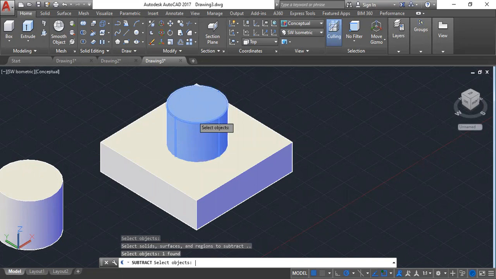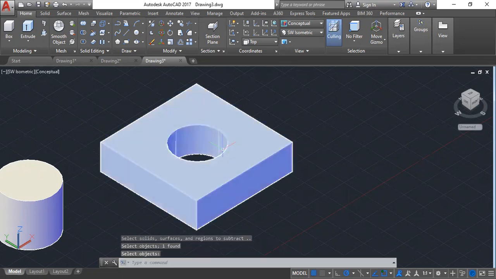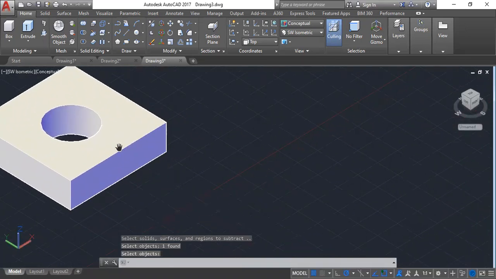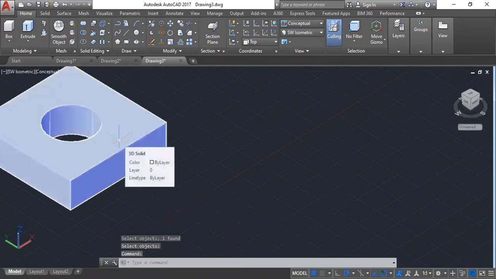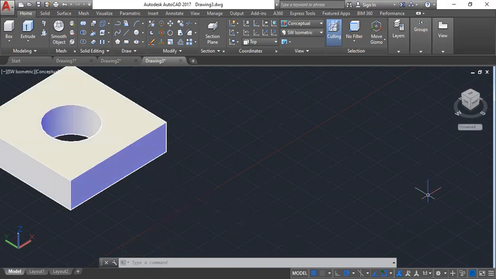What is going to happen is the inside solid will be subtracted from the outside solid, and by so doing, we end up coming up with a hole. Why? Because we have used the subtract command. And that's how it is supposed